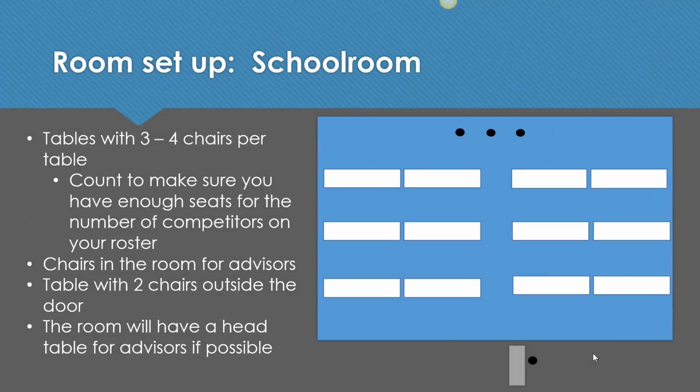The event personnel will go straight on to the event room, and you'll make sure your room is set up okay. It should be set up in what's called a schoolroom set, and that's the picture you see on your screen now. It's just tables and chairs, and you should have 3 to 4 chairs per table. If there is room for a head table for the advisors, there'll be one. Otherwise, there'll just be about 3 chairs in the room for advisors. In order to help you get coordinated and to help get them in the rooms, there'll be a table and a couple of chairs outside the room as well for the advisors.